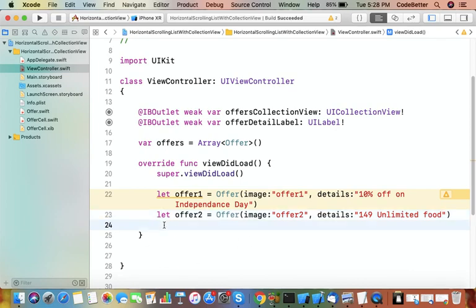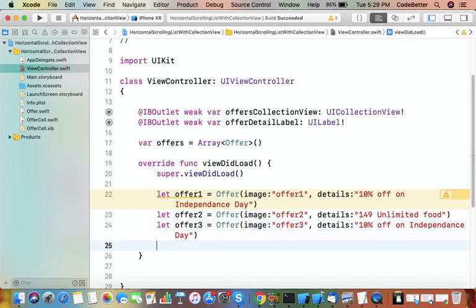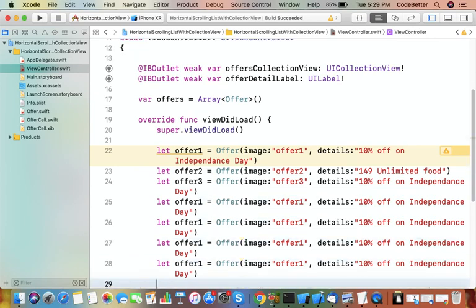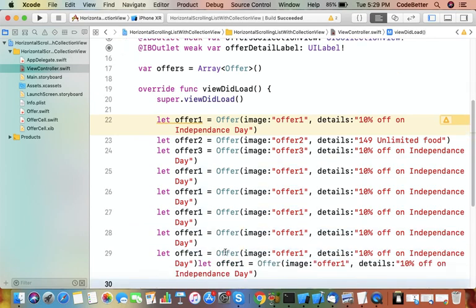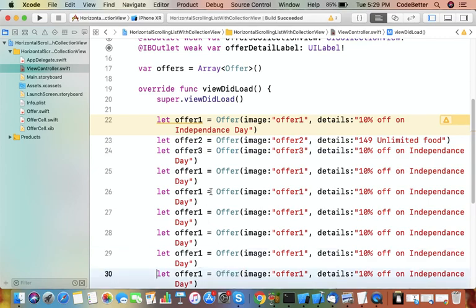Offer 3. The same way. 4, 5, 6, 7, 8, 9.